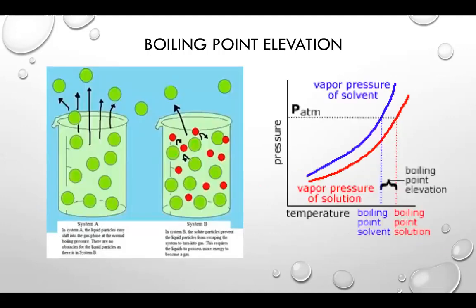So here is a picture of what can be happening. If we have on our left system A, the liquid particles are able to easily escape the liquid form, so that's here in the bottom, and when we heat it up, the boiling now allows these molecules to be in a gaseous form. However, if we add, let's say, salt into the liquid, now we're going to have some interactions